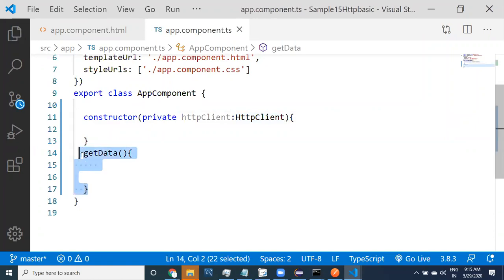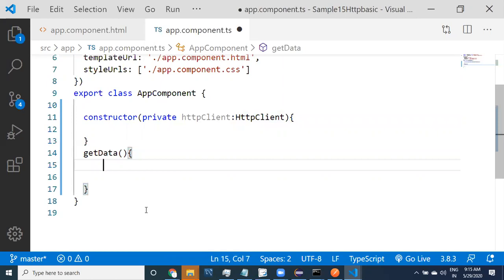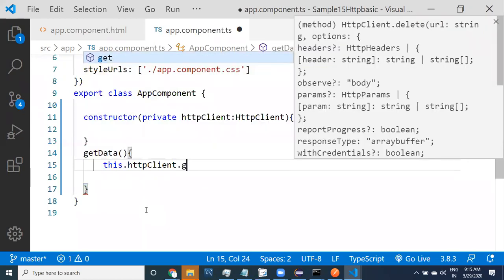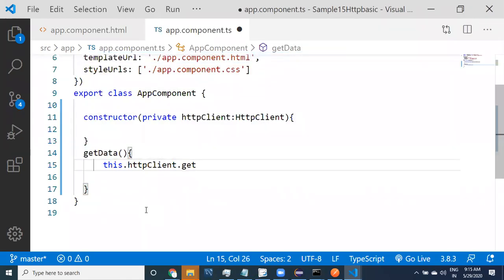Coming to get data, I want to use this dot HTTP client dot, and call a method called get. Why? Because what kind of REST service am I working with?